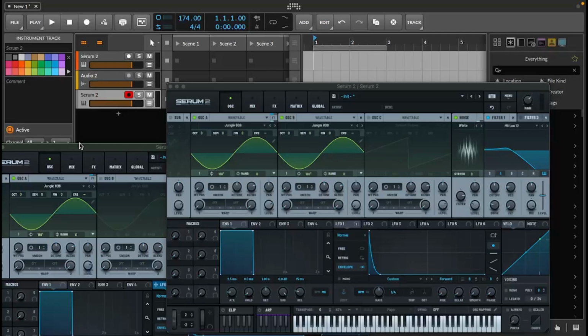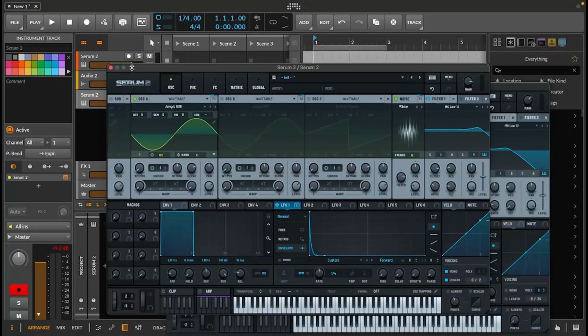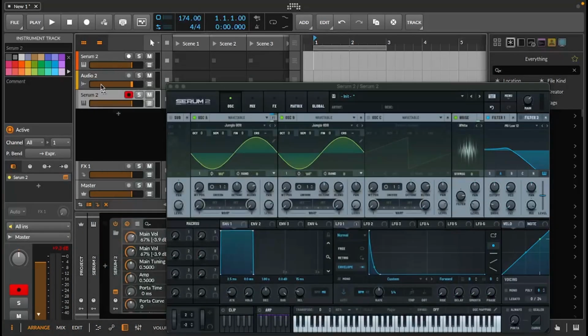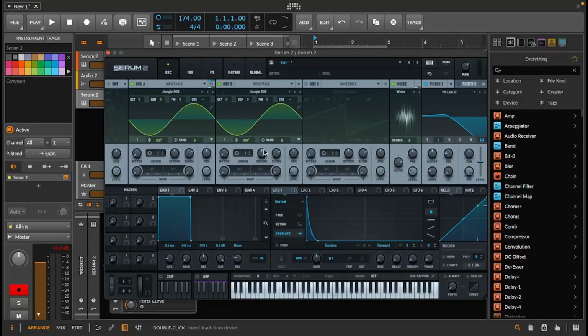We can add to this as well. Let's just close down, for example, the second one we made. Be this one, I believe. And let's look at this now. So I'm going to put this up by 1 and up by 7. We can start to get stuff like this. If we go up by another octave,